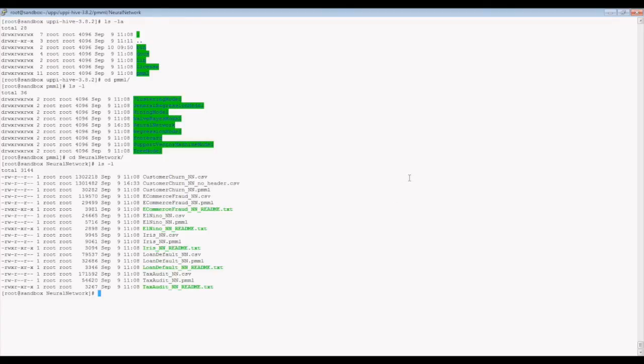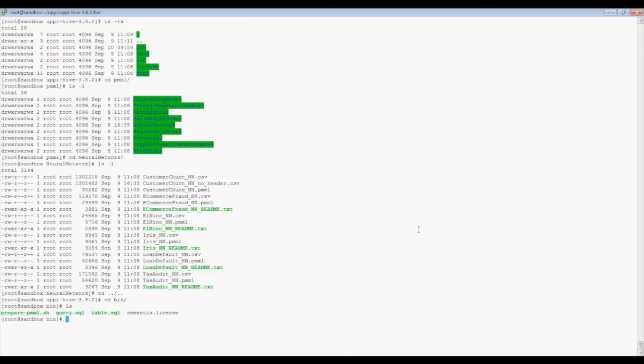You have the .pmml model files, which is the XML that contains the models themselves, and then you have CSV, some test data to actually run this. Later on we'll take a look at this customer churn neural network model and execute it, so you see how simple that is. But let's start with taking all these 22 models and converting them into PMML.